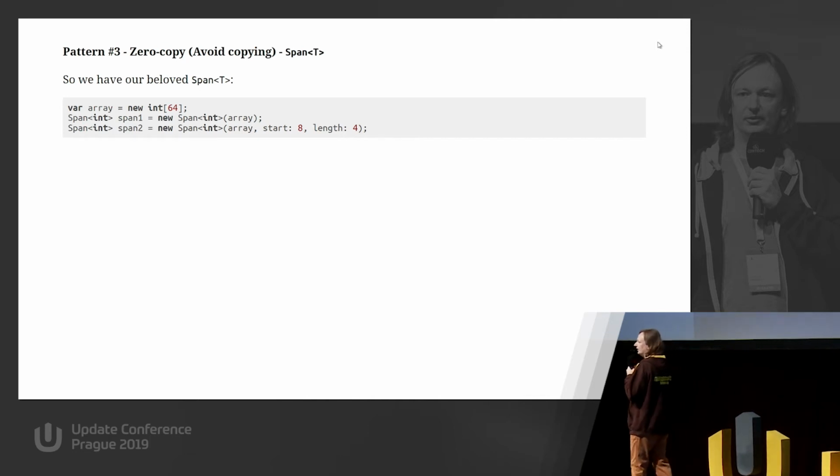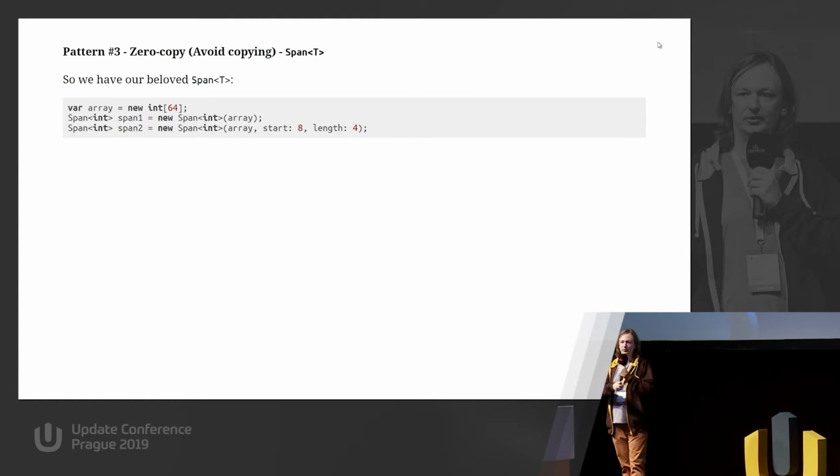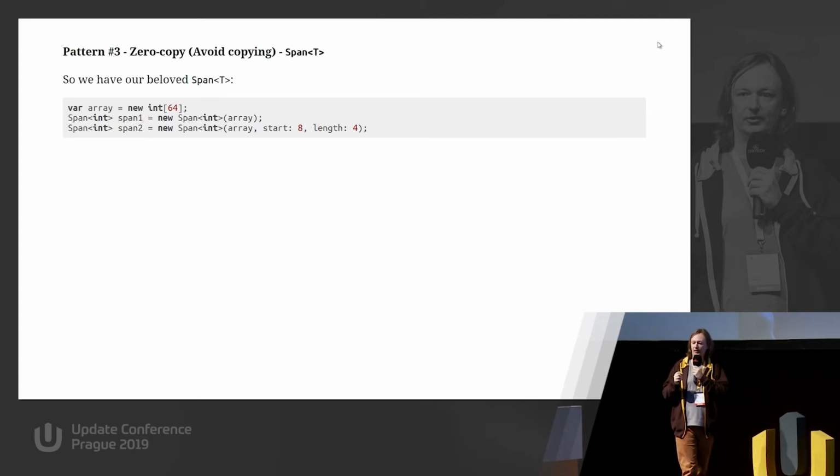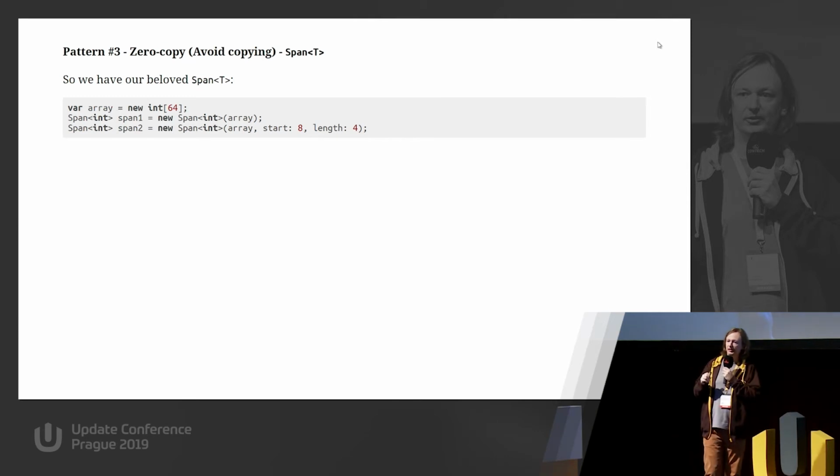It can represent an array. When creating a span, as you see, you can say that my span is representing this whole array, or a part of the array which starts at element 8 and represents four elements. And this is without any copying.